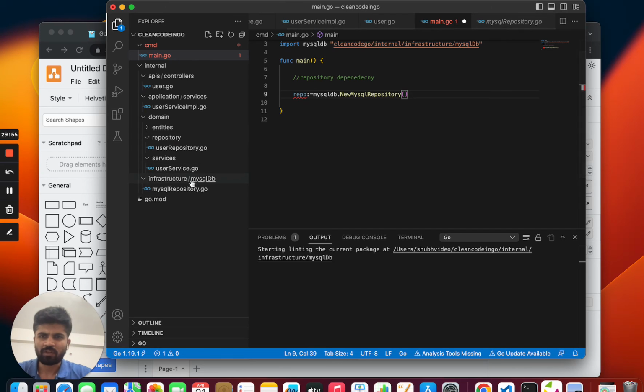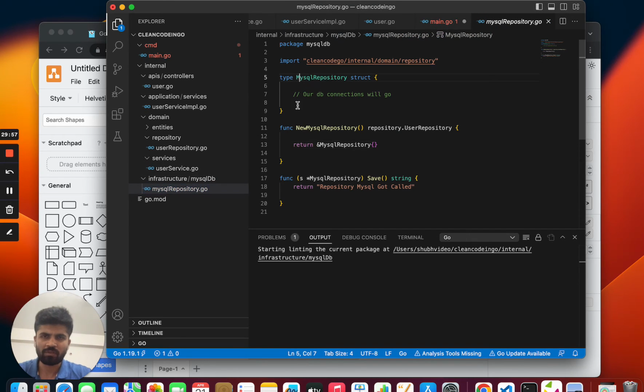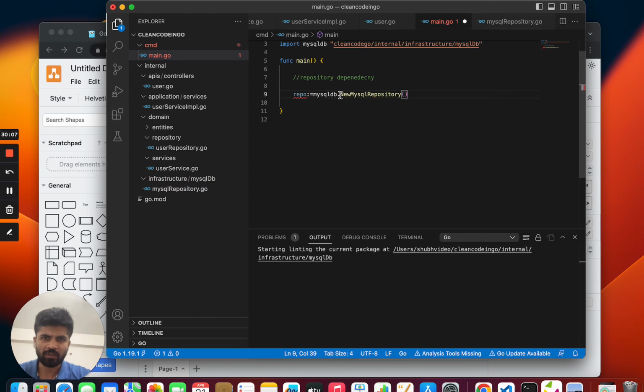Okay, if you want, we can just make it lowercase such that it is not available from outside. So now if I go here, MySQL DB, we have only new MySQL repository. Now it will return the repository struct object for us,